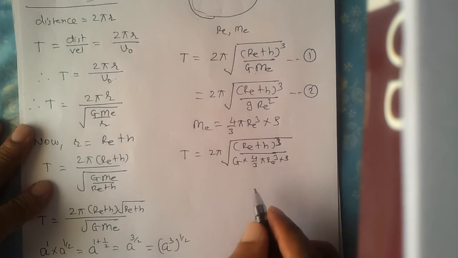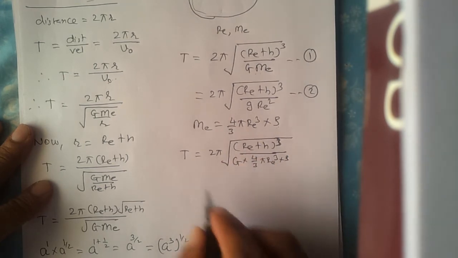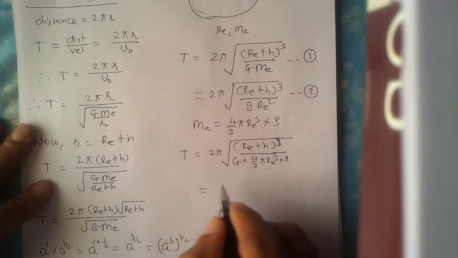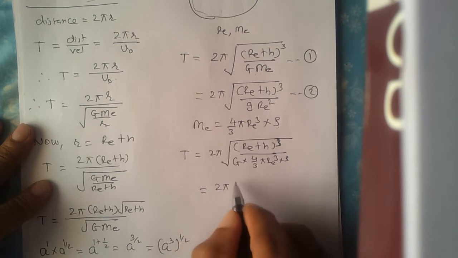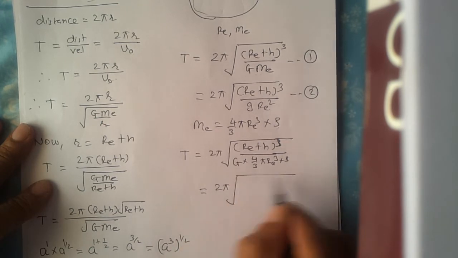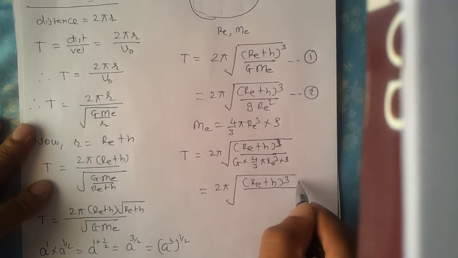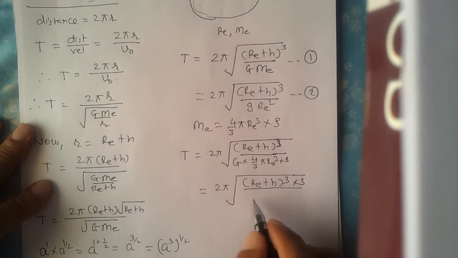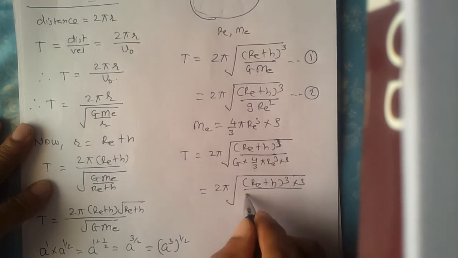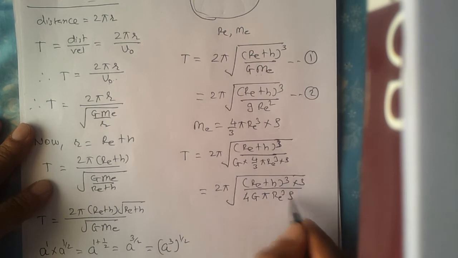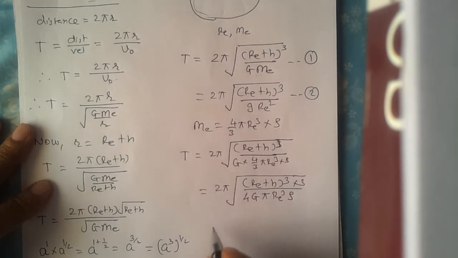So this is the expression. Now I'll try to simplify this. T is equal to 2 pi into square root of (r_e + h) whole cube upon, this 3 will come in the numerator, so I can write multiplied by 3 over here, right? And this is 4 g pi r_e cube rho, right, is equal to,